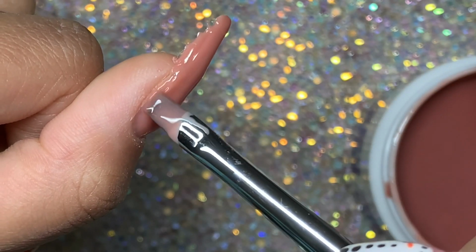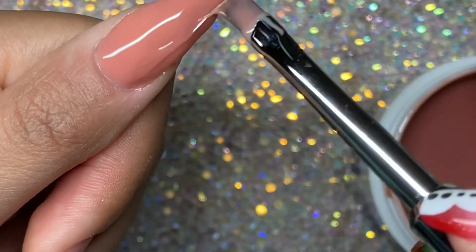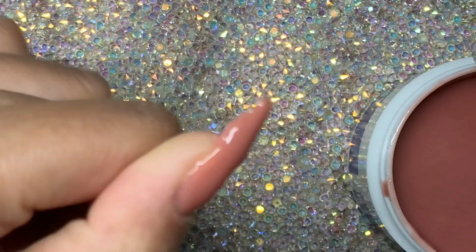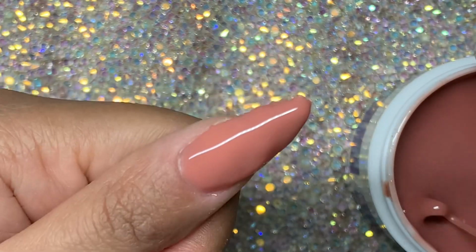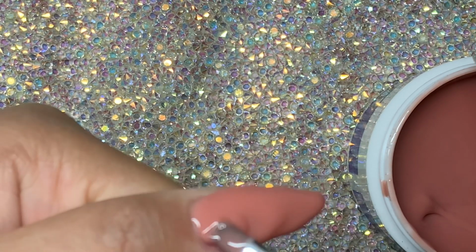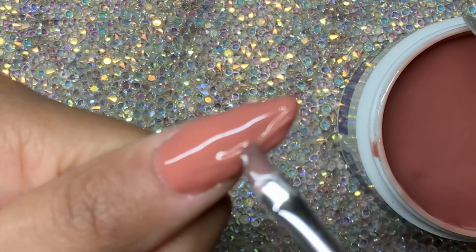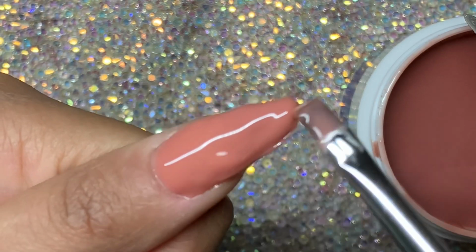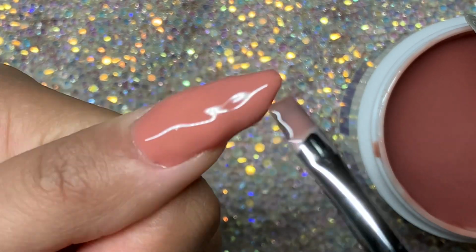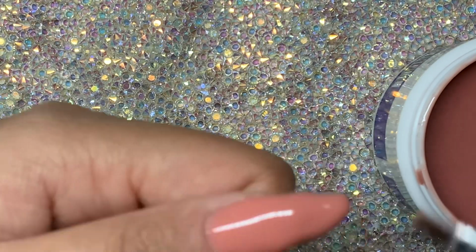And now I'm just making sure that I get the sides really well, because if your sides are not thick enough and there's not enough product there, when it grows out it will begin to chip, and when one of the side walls chips it can easily break off like the whole nail, so you want to be careful of that. And now this motion that I'm doing from cuticle to free edge and back and forth, it's just to ensure that first of all the surface is even, and two, that I have enough structure